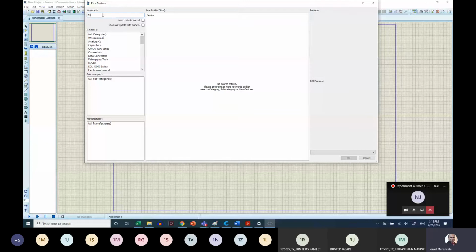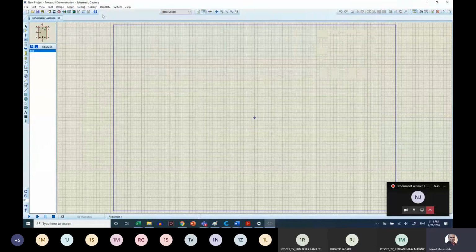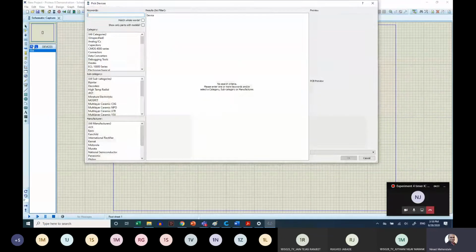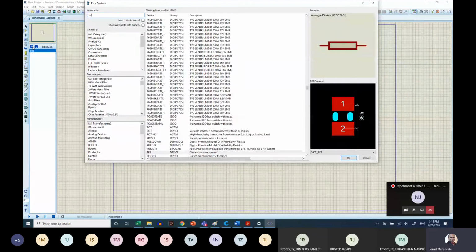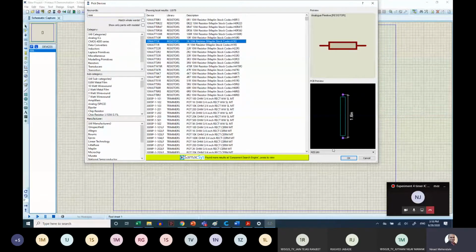Here you have to search for 555 IC, and you should end up at this timer IC, which you can place in the center. Next, we need two resistors, so you can type RES and you will get a 1K 10 watt resistor.